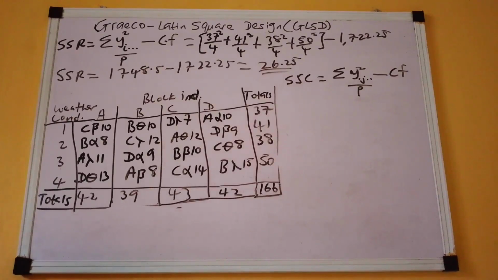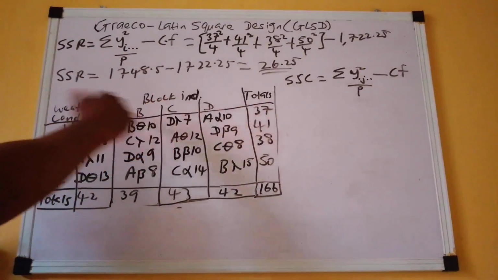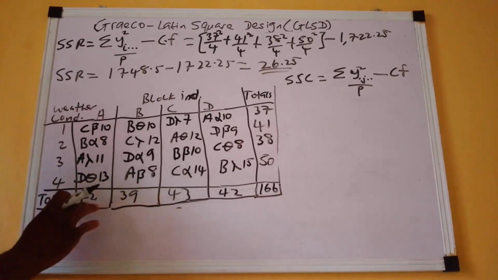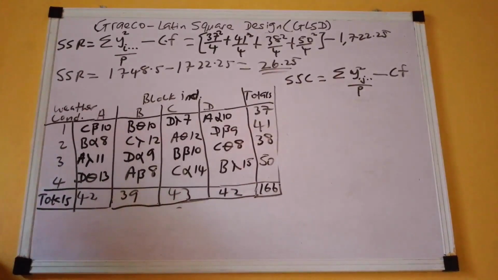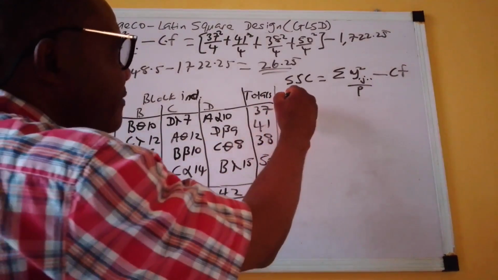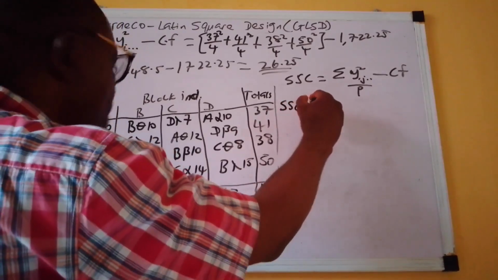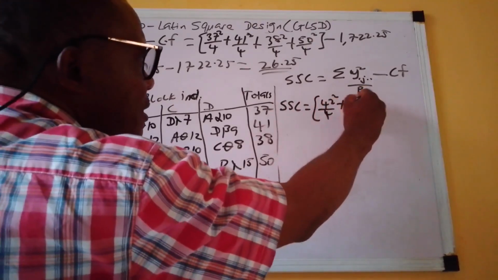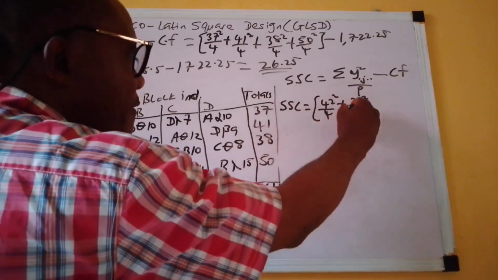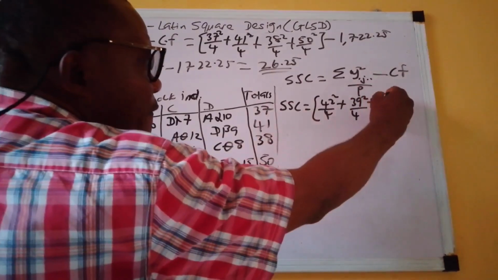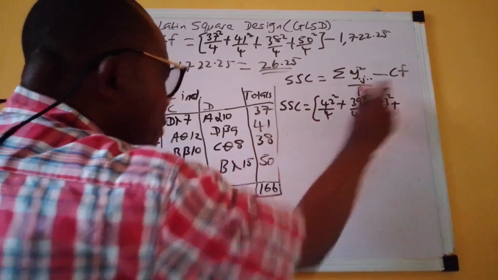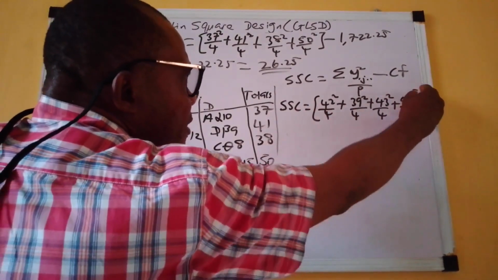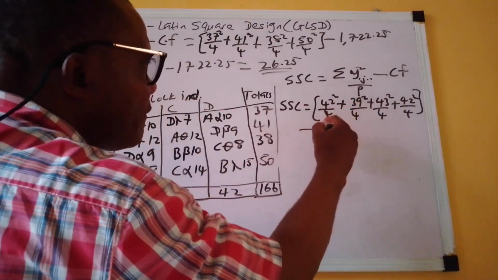So the sum of squares for the columns are the block industries, the 4 block industries. So we are dealing with the column totals. The column totals are 42, 39, 43, and 42. So you are going to have SSC is equal to, you open a bracket, 42 square over 4 plus 39 square all over 4 plus 43 square all over 4 plus 42 square all over 4. Then you close the bracket minus the correction factor